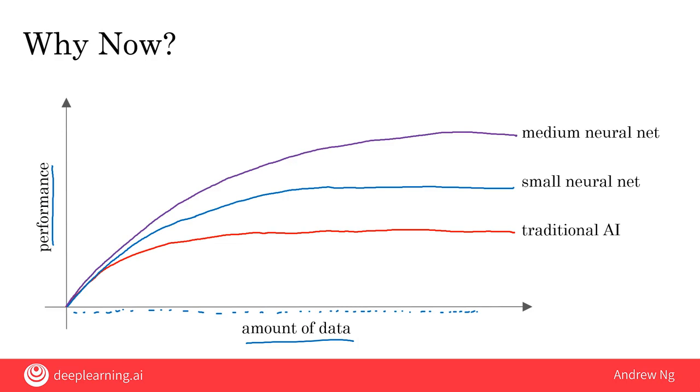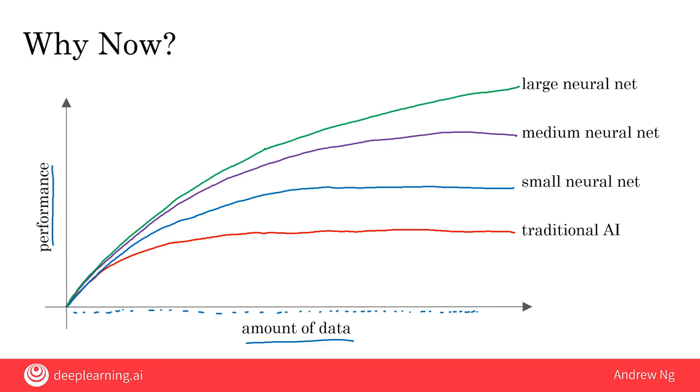And if you train a very large neural network, then the performance just kind of keeps on getting better and better. And for applications like speech recognition, online advertising, building a self-driving car, where having a high performance, highly accurate, say, speech recognition system is important, this has enabled these AI systems to get much better and make, say, speech recognition products much more acceptable to users, much more valuable to companies and to users.